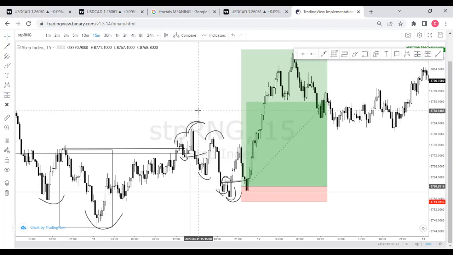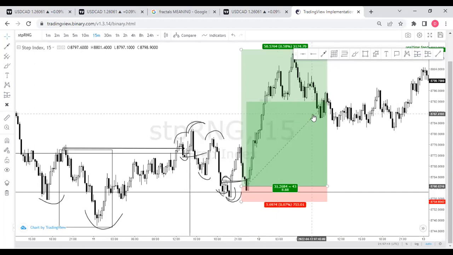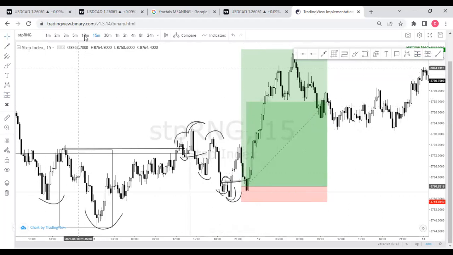All we are just waiting for is once we get our point of interest on the higher time frame, we mark it out, go to the lower time frame, 15 minutes. Once price is coming back, wait for another break of structure. That's the whole essence of the whole grammar. Wait for another break of structure. And once you have that break of structure, boom, you pull the trigger, and then you're good. You pull the trigger.